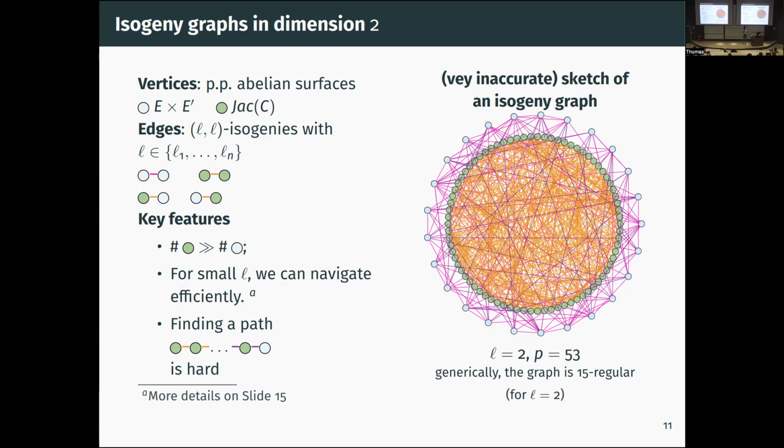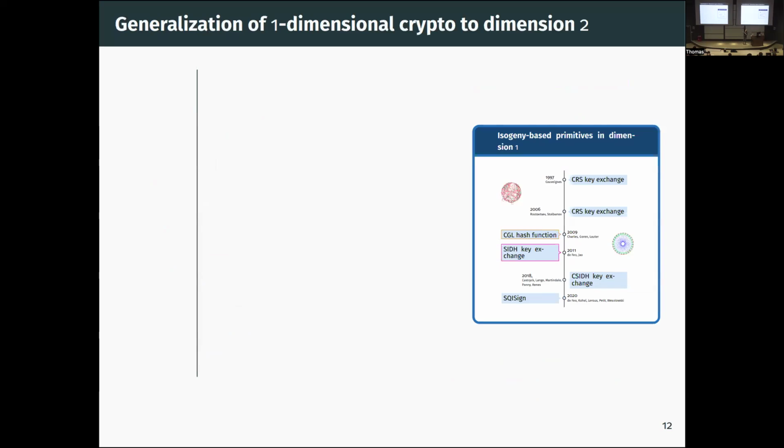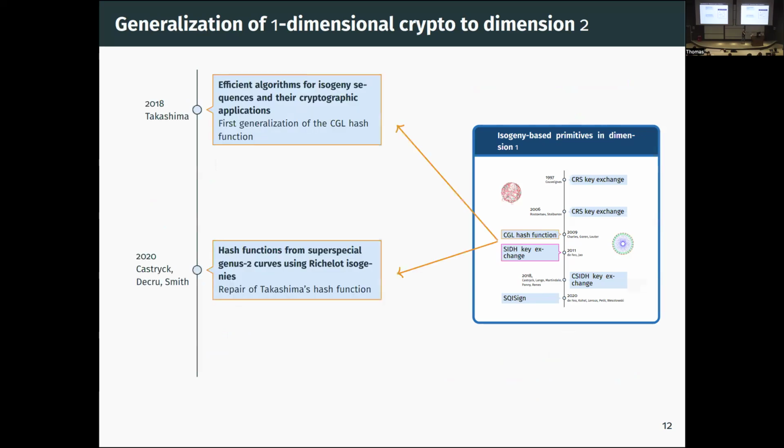And so having seen those analogies, you might wonder, okay, can we also just generalize all the isogeny-based primitives that we have in the 1-dimensional setting to dimension 2? And well, people have asked these questions before. And the first suggestion was to generalize the CGL hash function to dimension 2. And